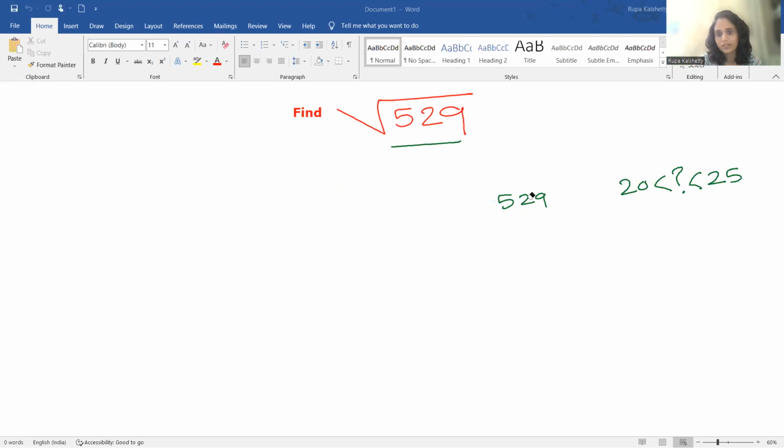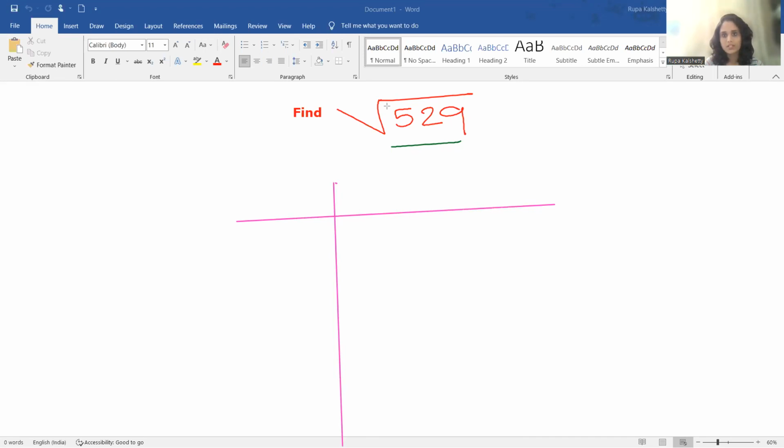So how we are going to do that is here. We are going to use the division ladder. I'm going to draw the division ladder. Okay, so let's start with 529. Can we divide? The smallest prime number is 2, but we know that as 529 has its ones place 9, we cannot divide it by 2. Let's try divisibility by 3. So let's add all the three numbers. 5 plus 2 is 7. 7 plus 9 is